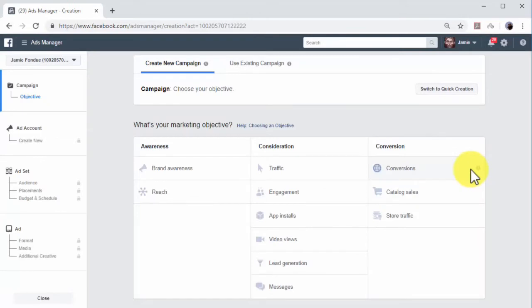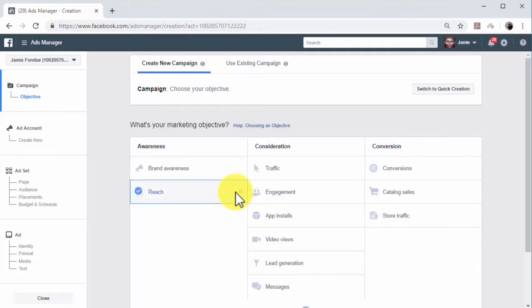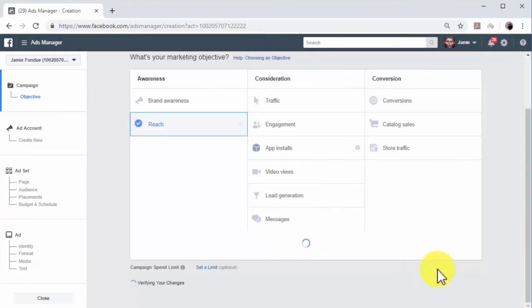That URL will take you to the campaign creation screen, where you have to select a campaign objective to get started. Campaign objectives are pre-built campaign setups that are optimized to help you achieve specific marketing goals. Because your marketing goal with this campaign is to increase your reach, you have to click on the Reach option